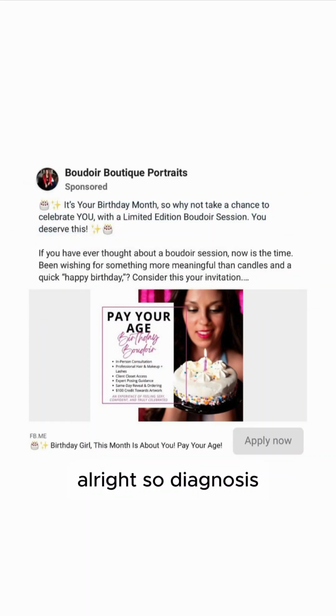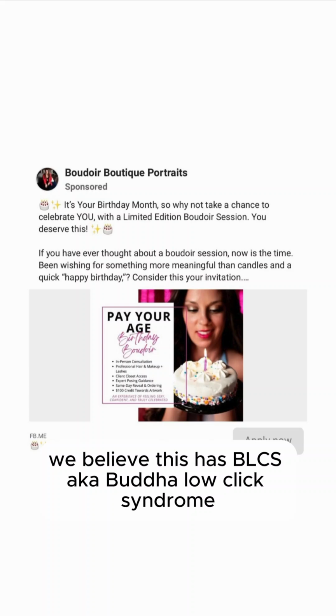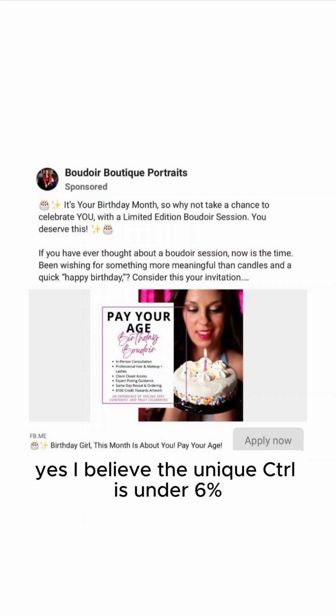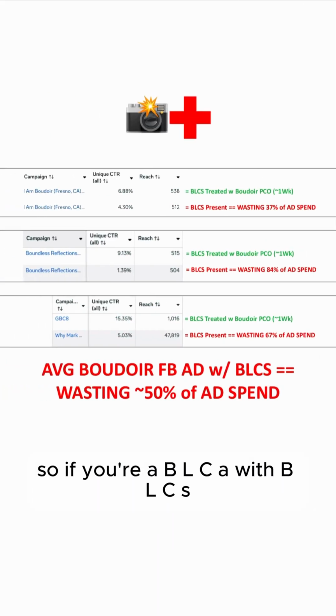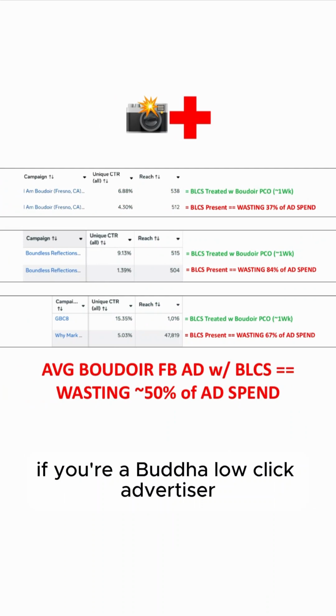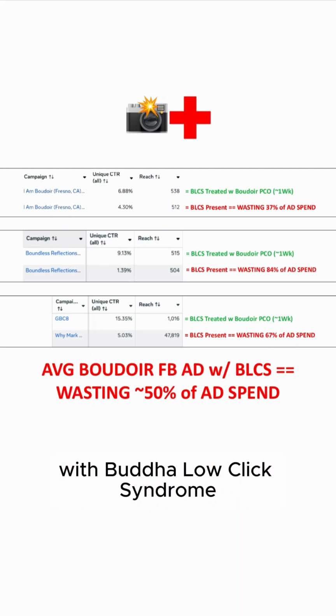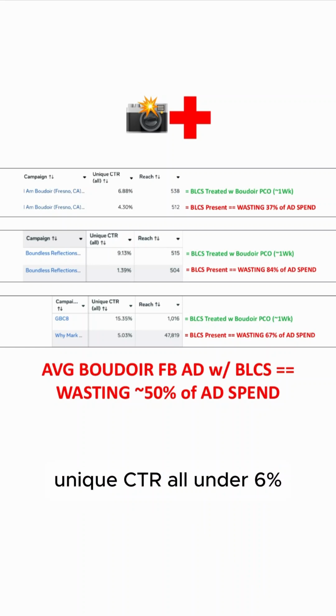All right, so diagnosis: do we believe this has BLCS, aka Boudoir low click syndrome? Yes, I believe the unique CTR is under 6%. Therefore, I believe this ad does have Boudoir low click syndrome. So if you're a BLCA with BLCS, if you're a Boudoir low click advertiser with Boudoir low click syndrome, unique CTR under 6%,